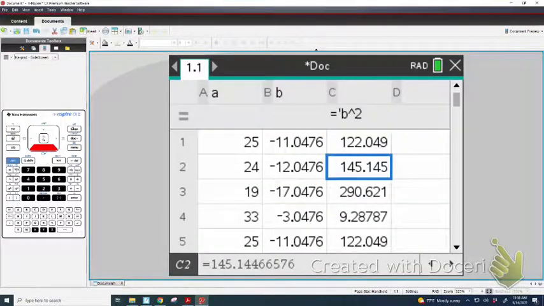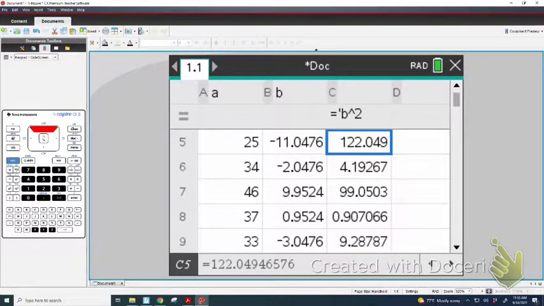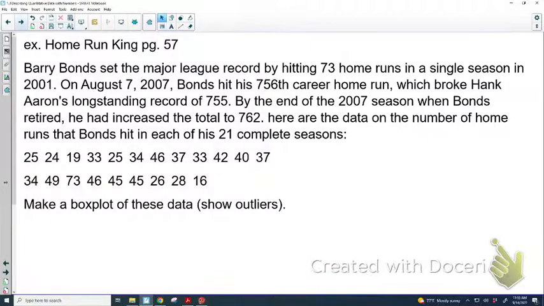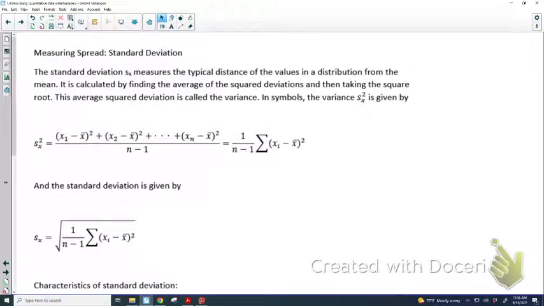Now I have the squared deviations. So if you go back to the formula, this right here is a squared deviation. The formula tells us we need to add them all up. So I need to add up all the squared deviations. I go back to the calculator